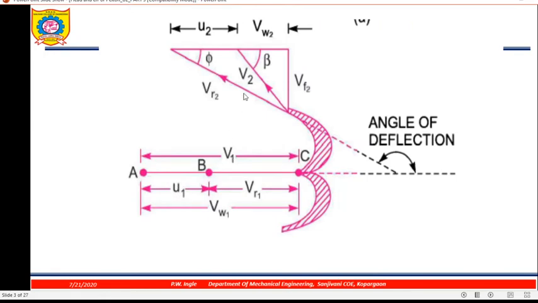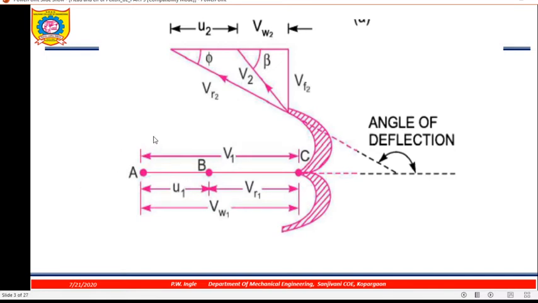This is the velocity triangle with respect to Pelton wheel. You see the blade is double hemispherical. This is the double cup, this is the splitter. Now water enters here, so at entry the velocity triangle is a straight line, having the components V1, the absolute velocity. U1 is the blade velocity or circumferential or peripheral velocity at inlet. Vr1 is V1 minus U1, and Vw1 is the horizontal component of V1. So there will not be any Vf1, or the Vf1 component is 0.